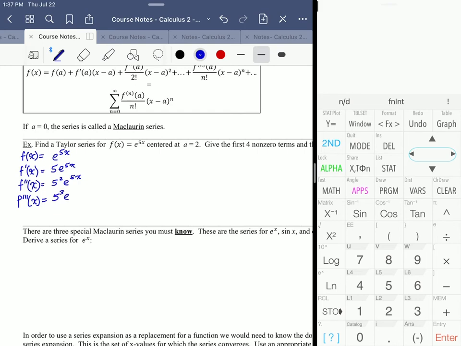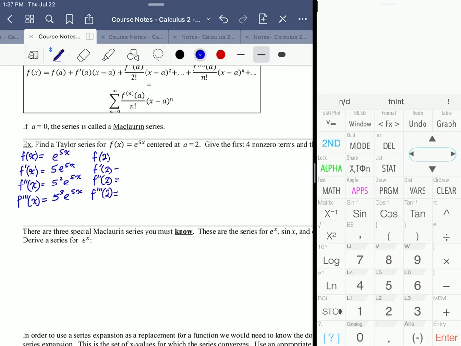And then 5 to the third e to the 5x. All right, so when I evaluate f of 2, f prime of 2, double prime of 2, triple prime of 2,